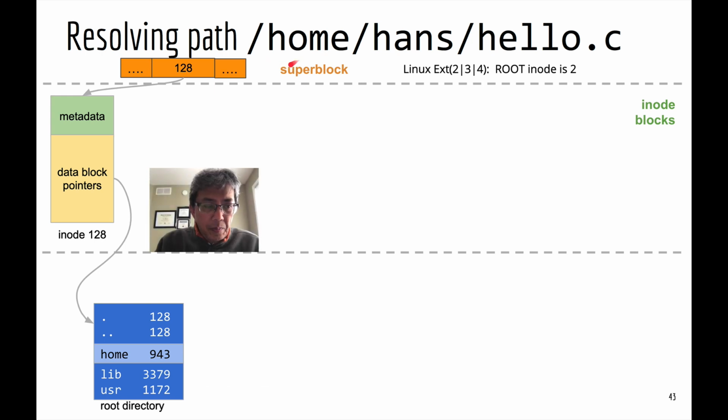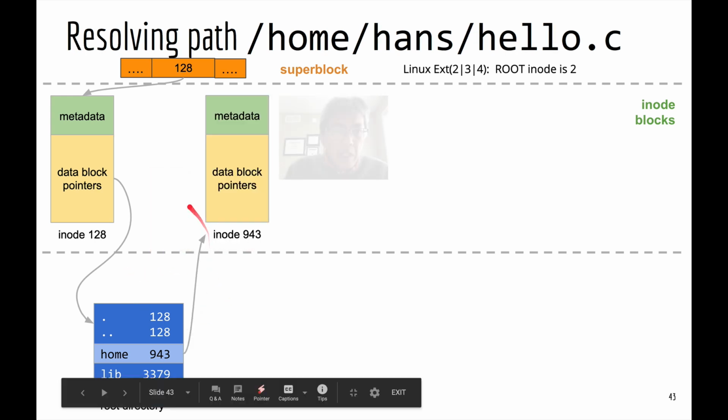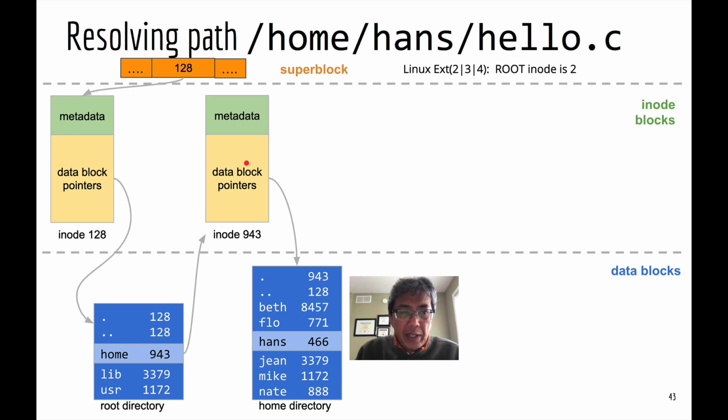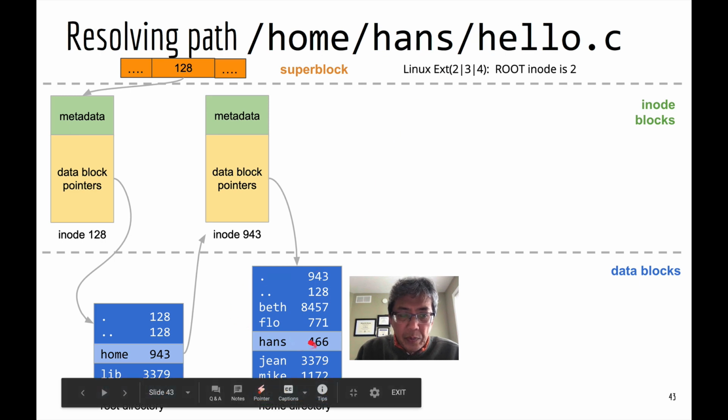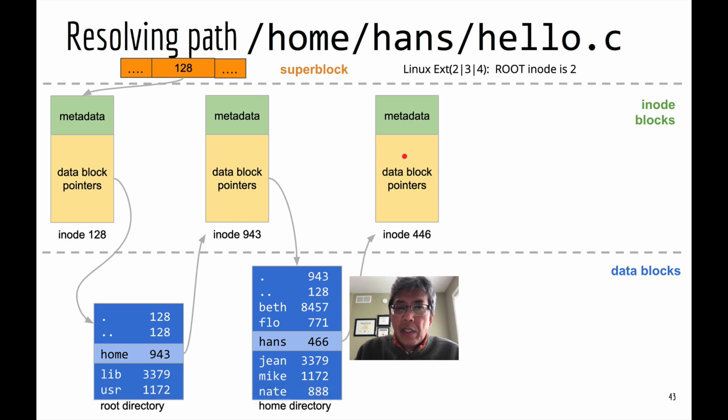We are searching for home, and the directory entry for home will take us to inode 943. We have to open inode 943. We use the data pointers, and that will take us to the directory entry of home. And again, under home, we will search for hans, and that will take you to inode 466. In inode 466, you use the pointers to the data block that will take you to the directory of